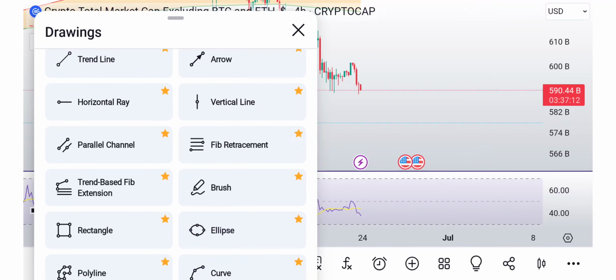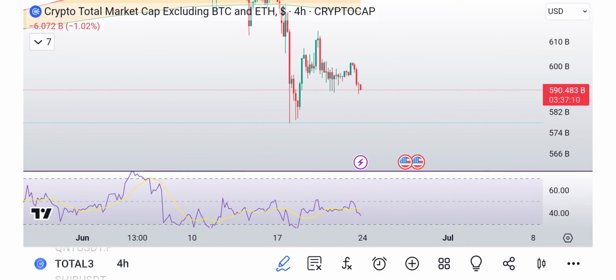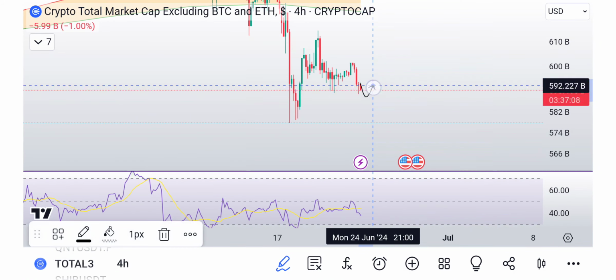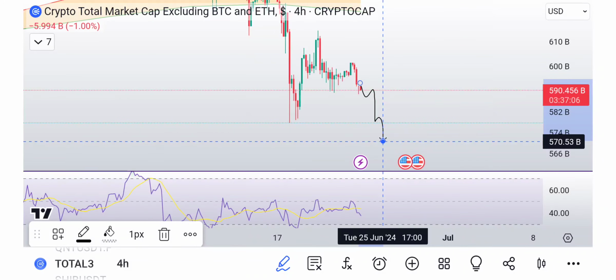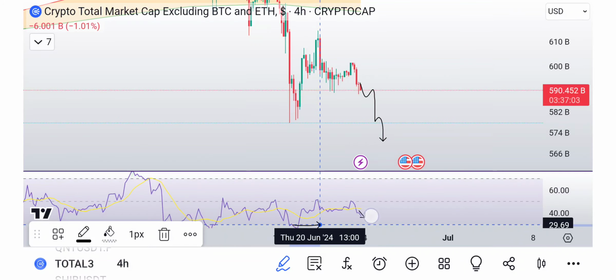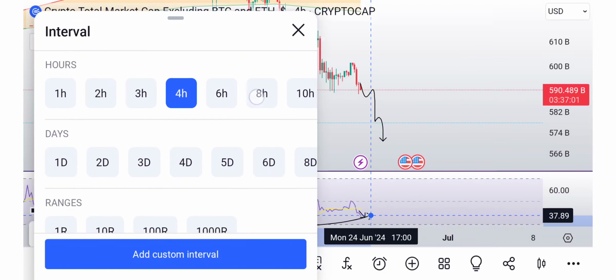So it's already Sunday too. We have the weekly close. If this comes down here like that without taking out the low, it could create some bullish divergence. Actually,